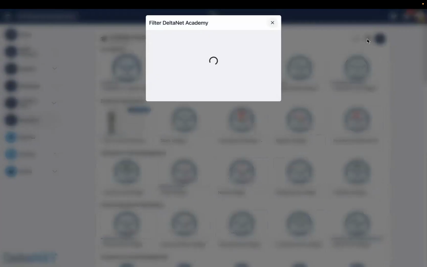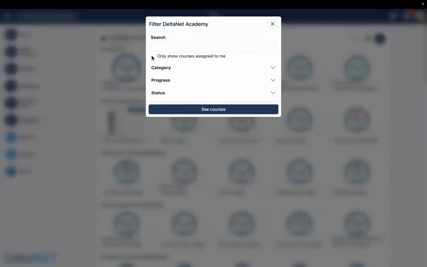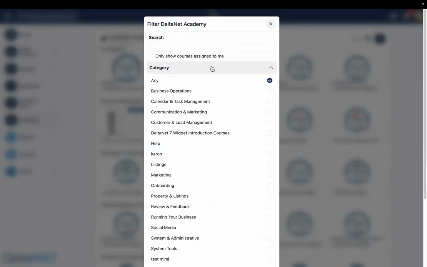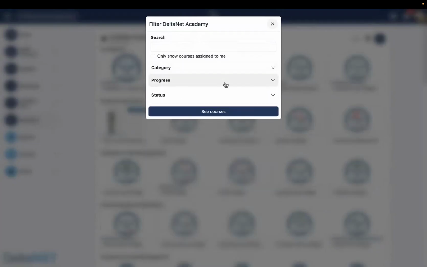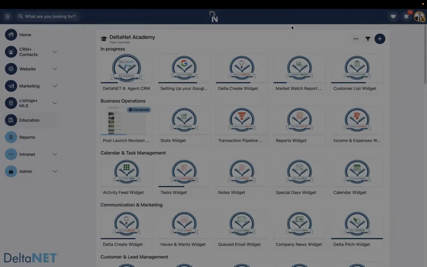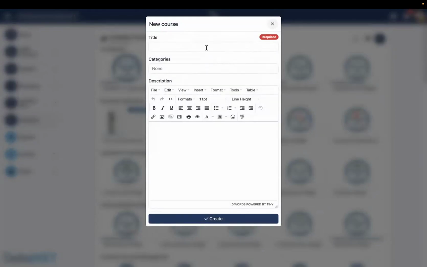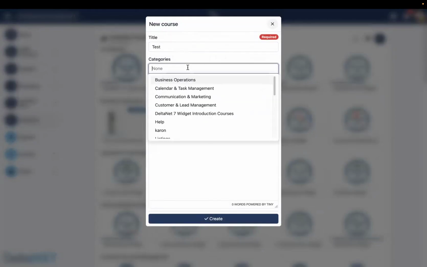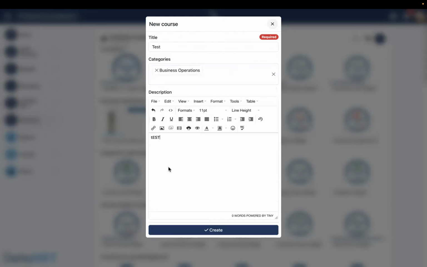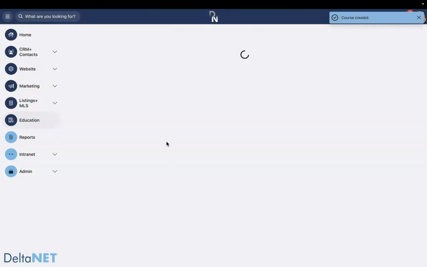If I wanted to filter my courses, I'm able to come into the system and show only courses that are assigned to me, courses that are in various categories, completed, incompleted, if they're published or if they're drafts. If I wanted to create a new course, I'm going to simply click the new course button. We're going to select which category this is going to go under, and we can create that new course,